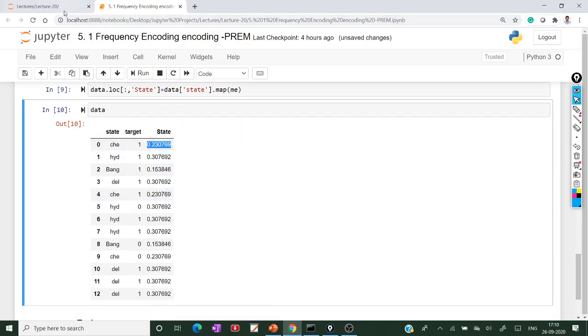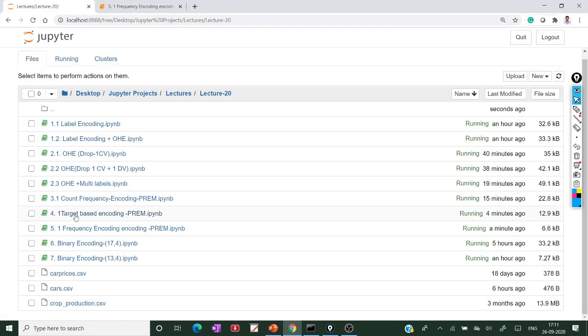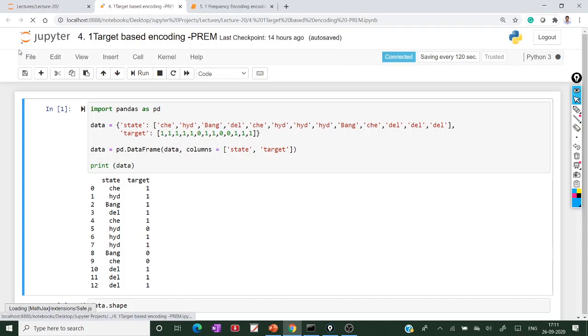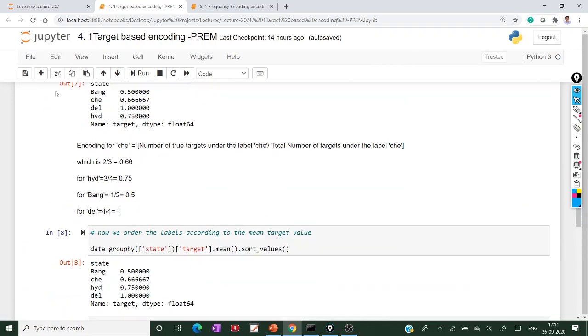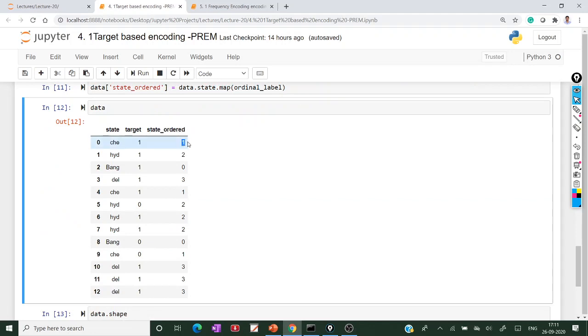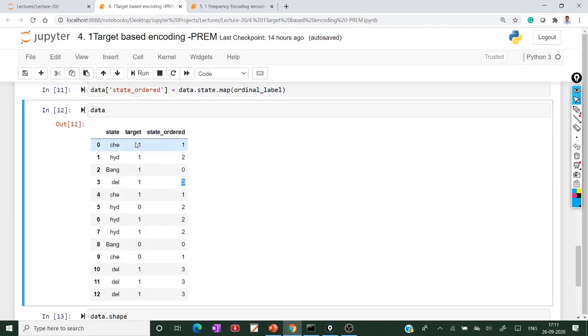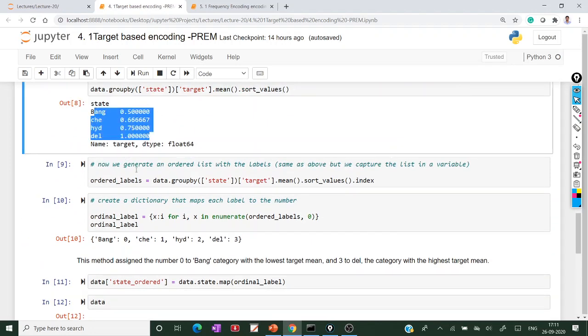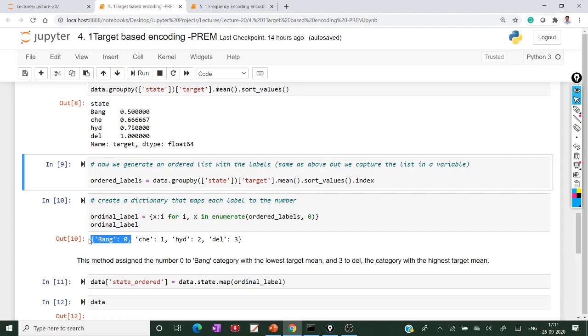So in the previous target based encoding, what you are doing? You are taking the order. In target based you are taking the state order, you are taking the 1, 2, 0, 3. So based on this value you can assign the value 0 for Bangalore.